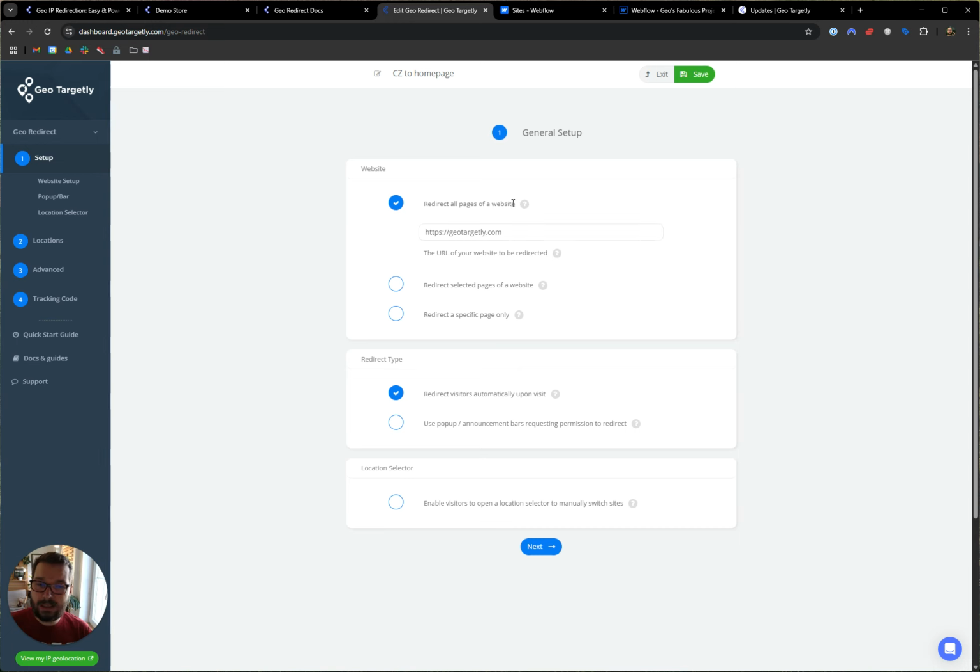So for simplicity's sake, let's just go with all pages of a website, and we can work out how to implement it, how to trigger it on specific pages in a bit. So with this out of the way, let's take a look at the redirect type. And for redirect type, you can choose in principle from two options. You either do the redirection automatically without any notification to the visitor, so they won't even see the page that